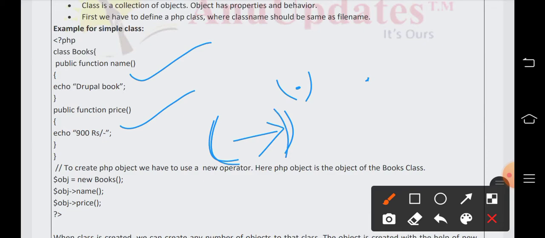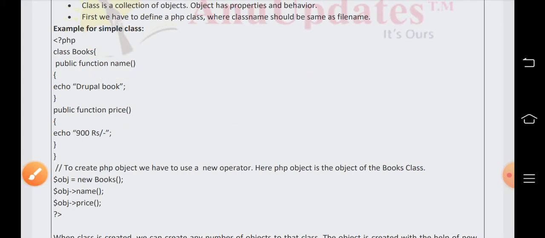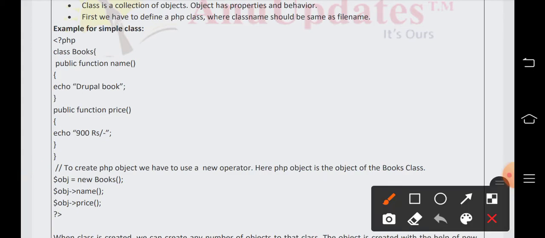That means it is used to access the members inside the class. Here books is a class, and for this books we have created object in order to access the functions inside the class, and the functions are name and price.